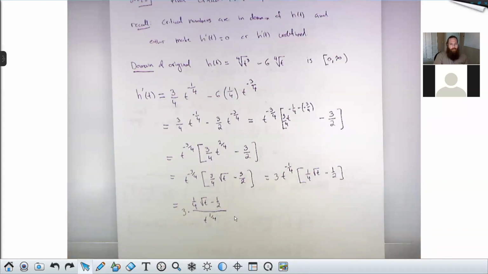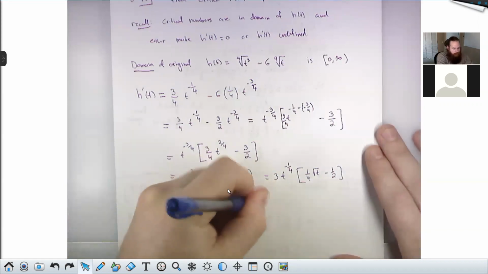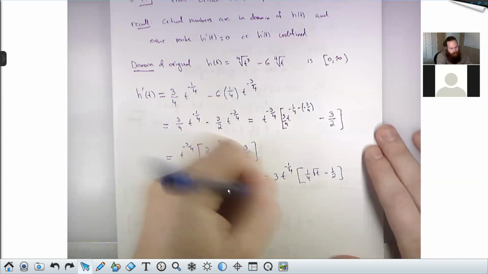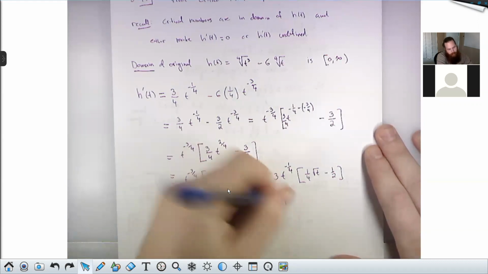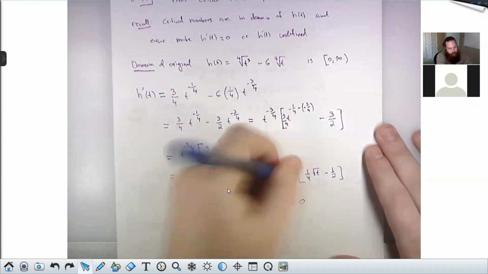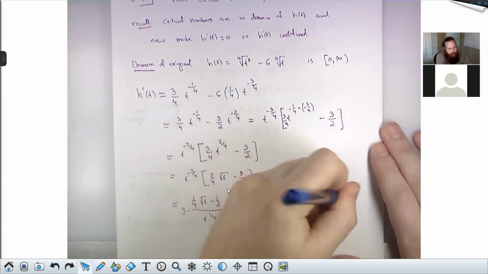And the question is, can I find the critical numbers? Can I find the places where the fraction is equal to 0? That will come from where the top is 0. Can I find places where the fraction is undefined? That will come from places where the bottom is 0. If I set the top to 0, and I'll say it like this, h prime, the whole derivative, will be equal to 0 if the top is equal to 0,